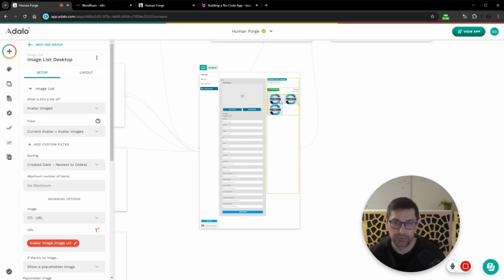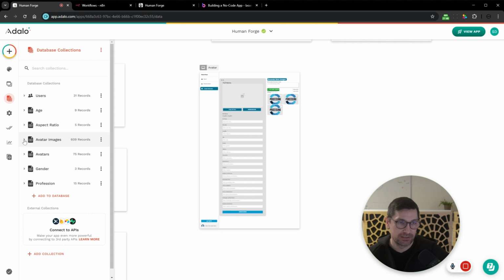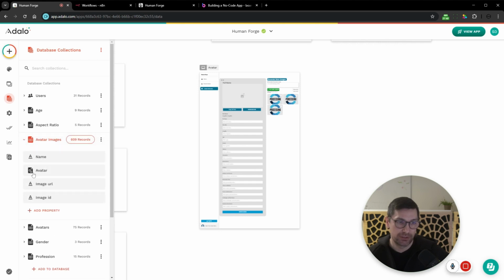And over here we have another list. What is this a list of? It is a list of avatar images, but we don't want all the avatar images. We only want the avatar images that are linked to our current avatar. So the filter is current avatar, avatar images, because inside our database here, avatar images, we have added a